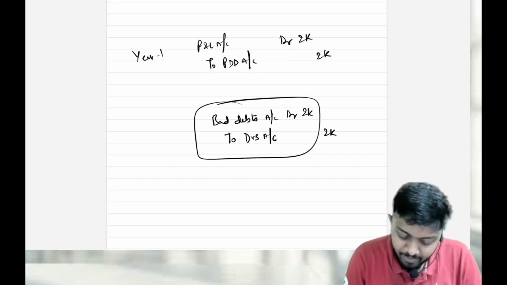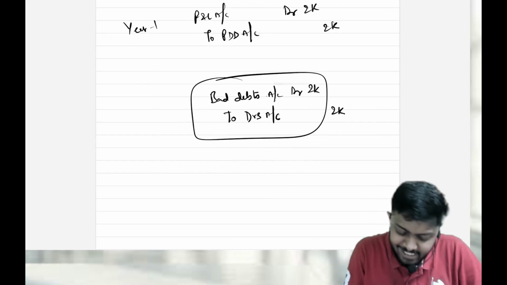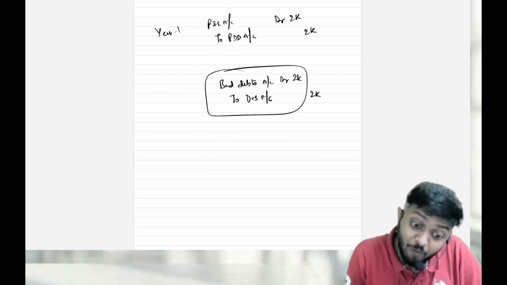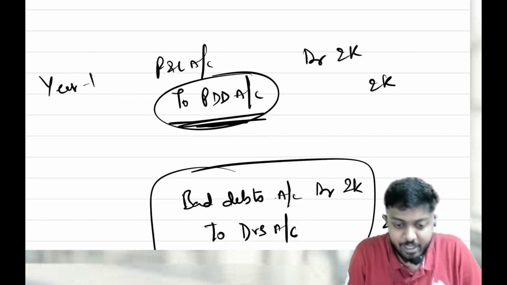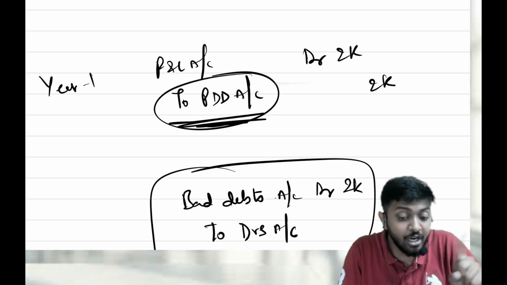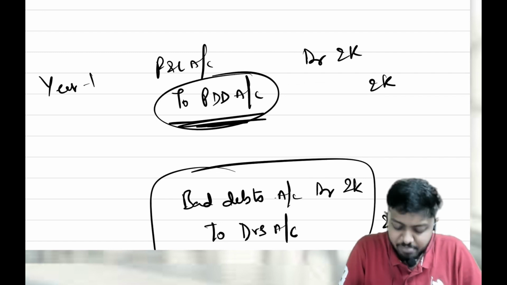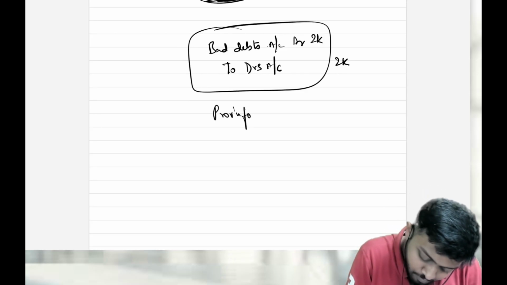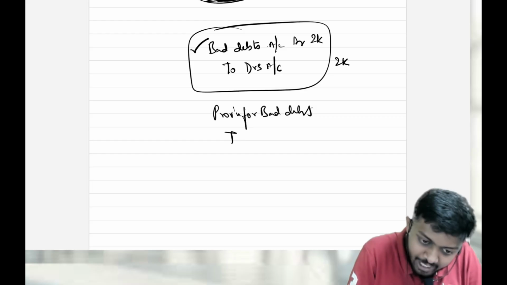So what will we do? Using bad debts again here will be wrong whenever there is a provision. So instead of bad debts, I will use provision for bad debts, because this account is already created. It is liability-like, with a credit balance, though not a liability. I will use that account, then the expense will not be booked again in the next year. So once I actually pass the bad debts entry, I will debit provision and credit out the bad debt which was earlier debited.